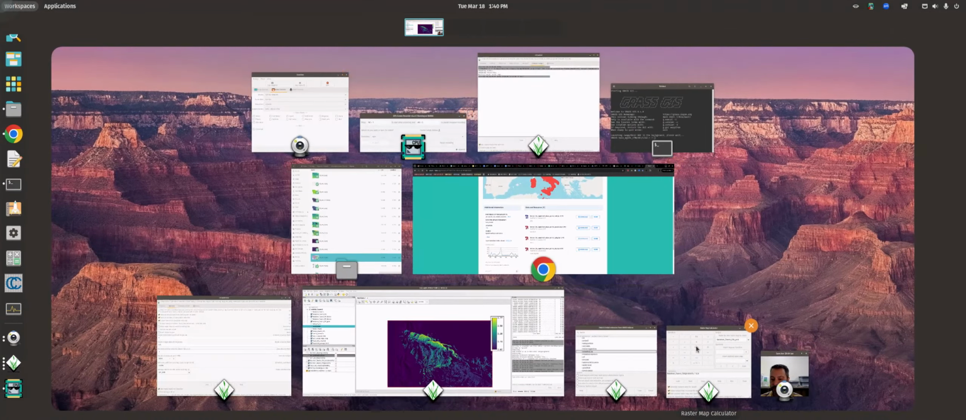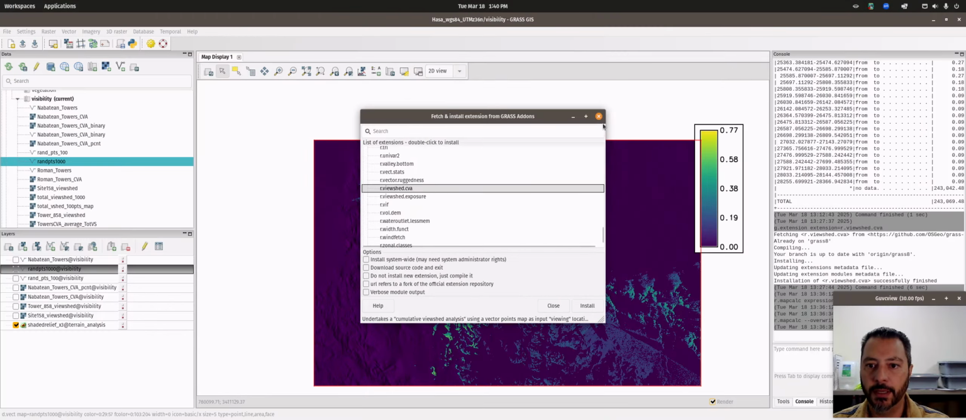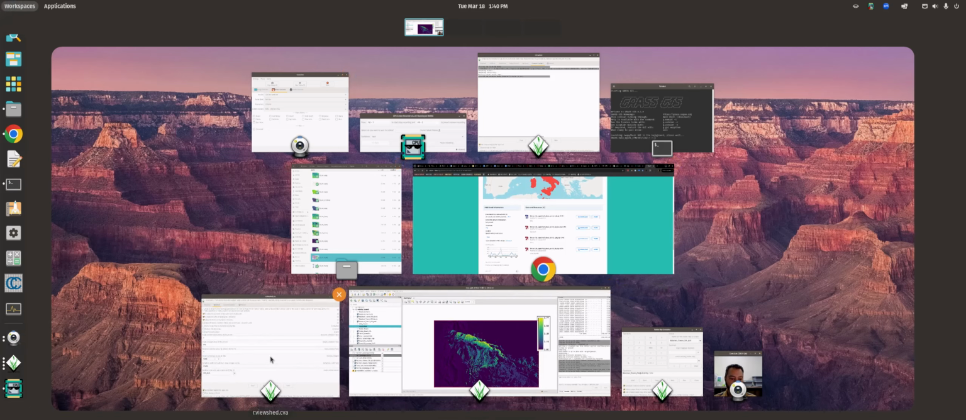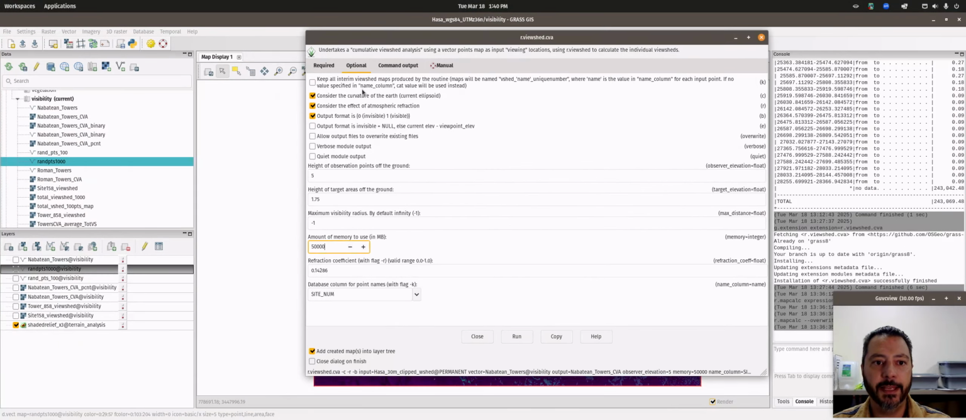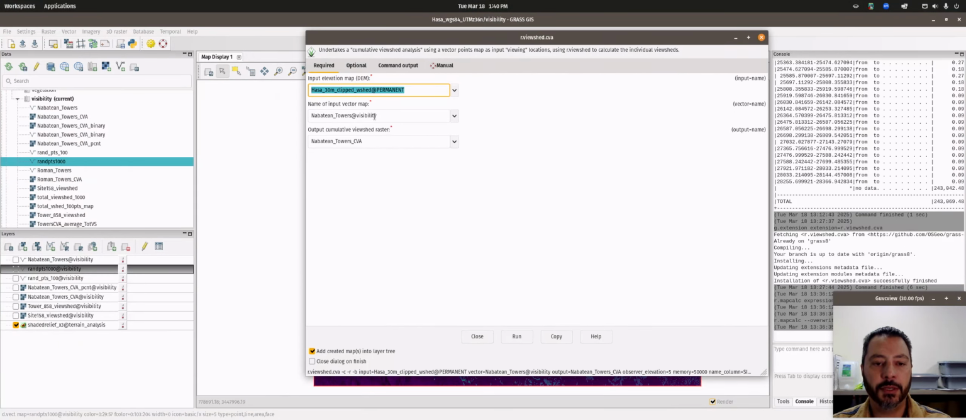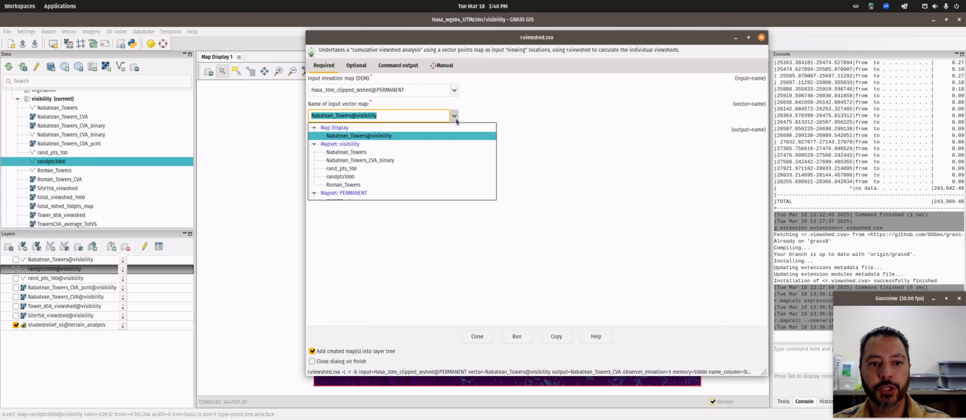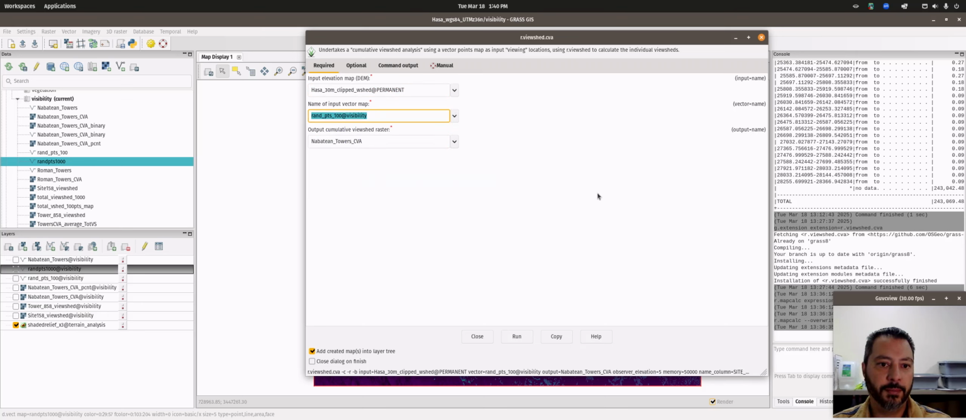But what we'll do is get back into our Viewshed CVA, there it is, and instead of the Nabatean towers, you're going to grab your rand points 100, and since the name of this kind of analysis is total viewshed, we'll just call it the total viewshed,